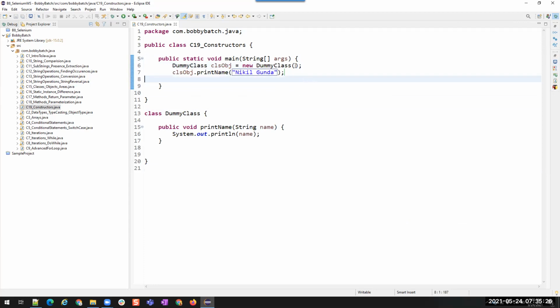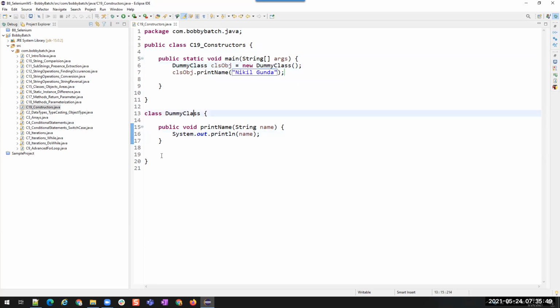Why? Because if you are creating an object, the syntax for creating an object of a class is class name, object name equals new, and this is the constructor. We are going to call the constructor method.